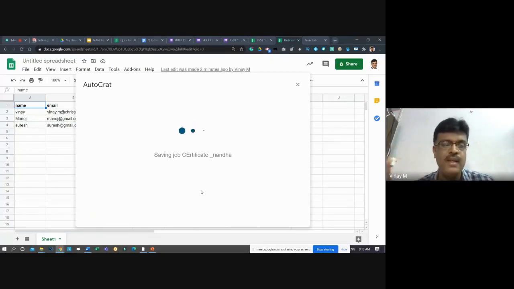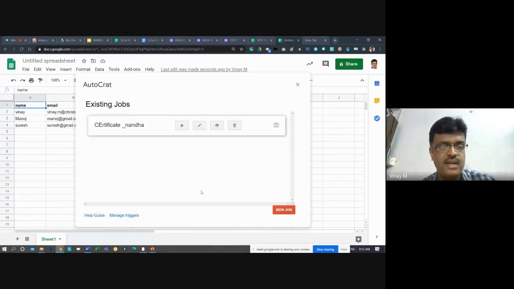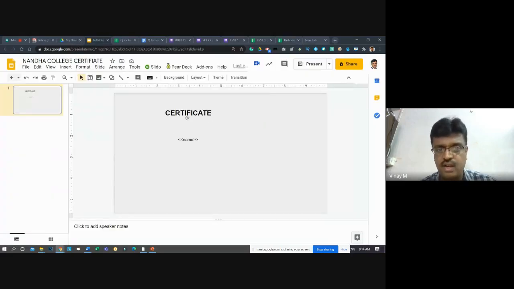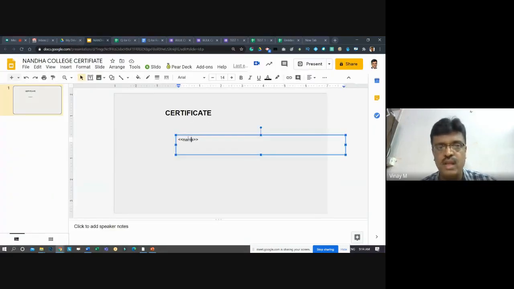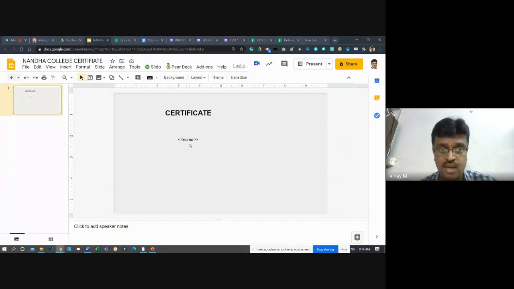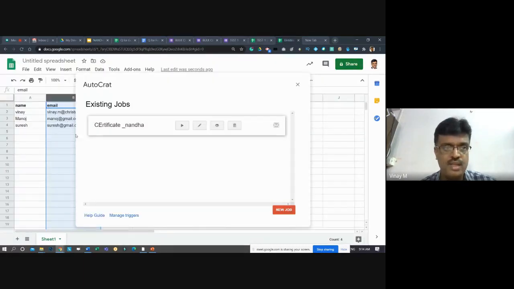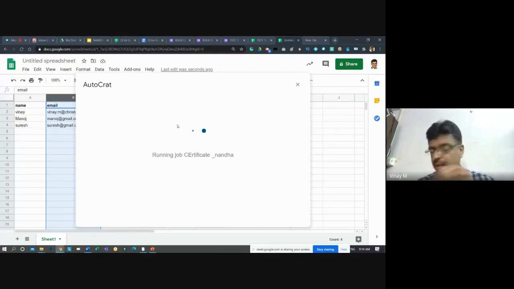Excel sheet is ready. That is, your Google Sheet is ready. Slide is ready with a certificate. See, that's how we should look at it. This is my name and email column. Only 2 things. In the slide, certificate design is ready, and I have used only the name. So when I print, the certificate and my name should appear on this part, and it should work. So I'm just generating it. These 2 may not go because I have given a wrong email ID here, but if it is the right email, just click on play. It will send and it will be finished.